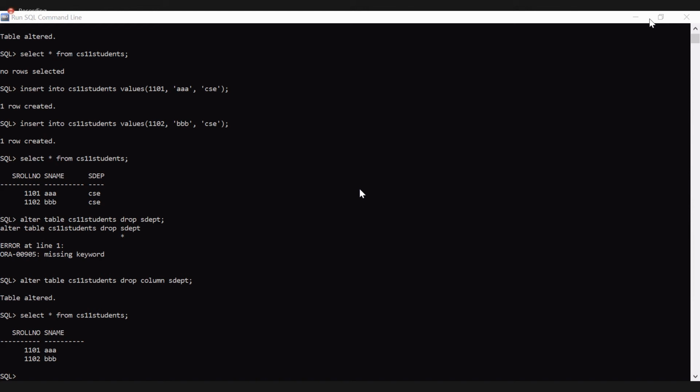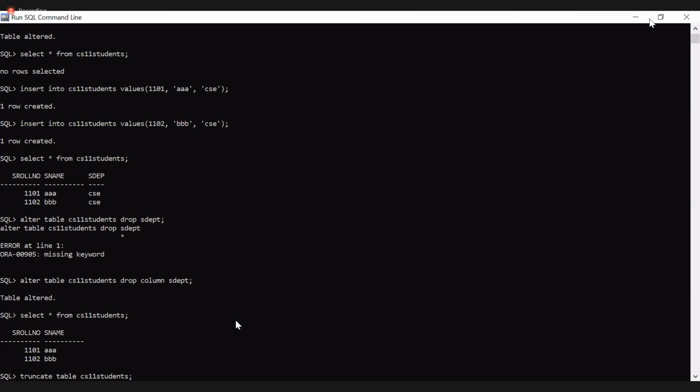So just observe here, in this table there were 2 records. Now if I execute the truncate command, the records must be deleted and it should give us the output that no rows selected. First let me execute the truncate command. Truncate table. What is the table name here?